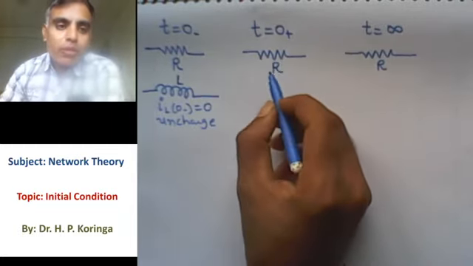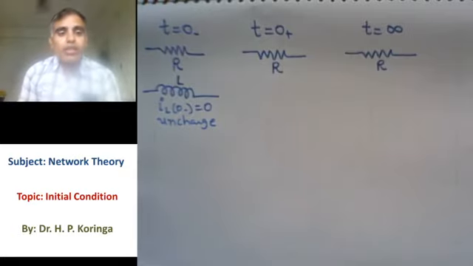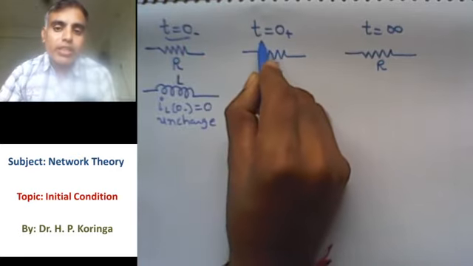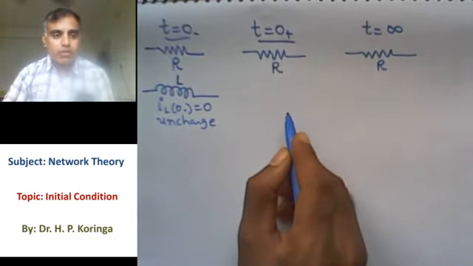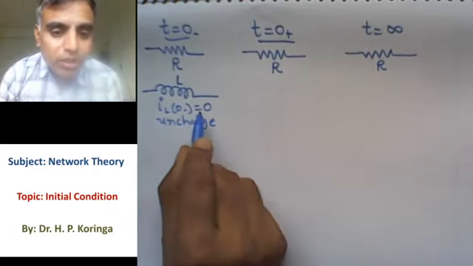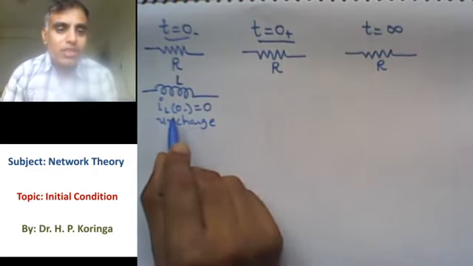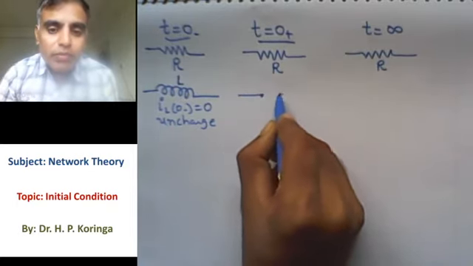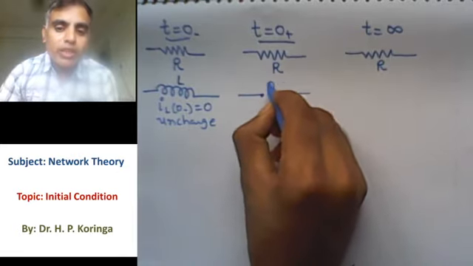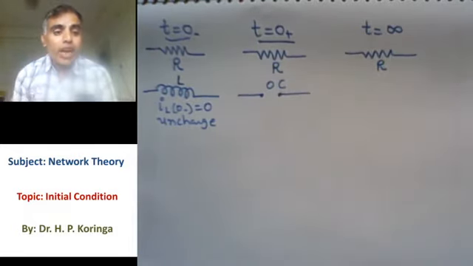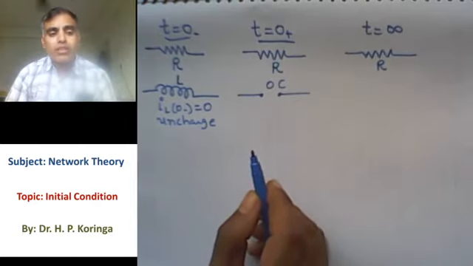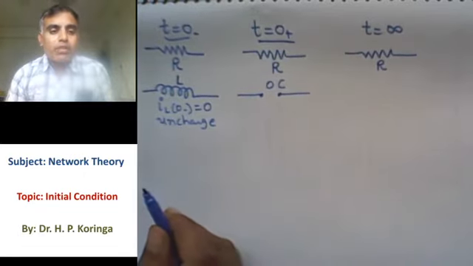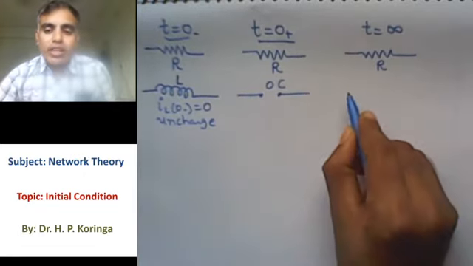At t equal to 0+, as we already know, an inductor does not allow an instant change in current. So whatever the current at t equal to 0-, it works as the same current source at t equal to 0+. At t equal to 0-, the current through the inductor was 0 because it is an uncharged inductor. So at t equal to 0+, the inductor works as an open circuit, because IL(0+) is 0, and zero current represents an open circuit. Once the inductor is connected for a longer time to the source and is fully charged, it works as a short circuit.